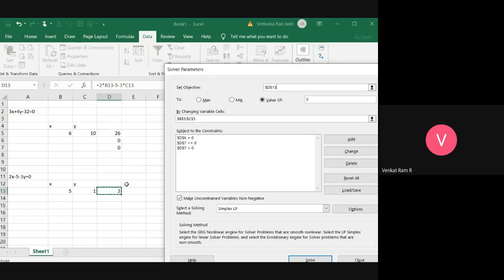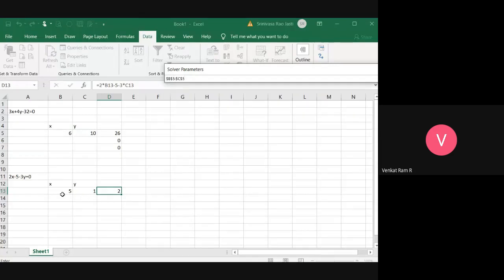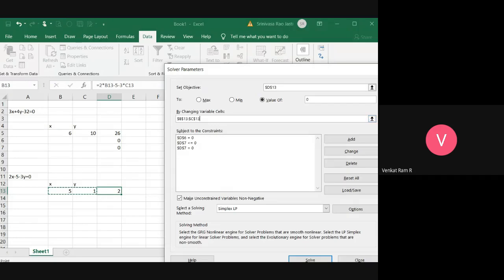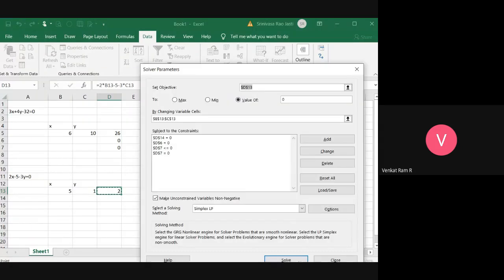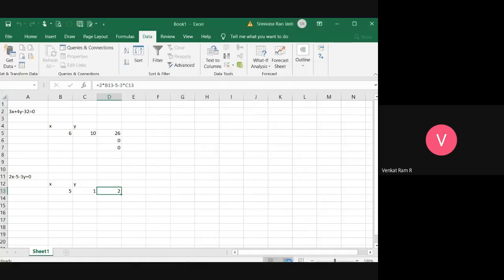Okay, now if I want to change some values, just select that objective where you want to enter, and here if you want max or min value you can, or you can give value of 0, and you have to change this because it comes from the previous one. Okay, now you have changed the variables. Now go to add, give cell reference as this one, and let me make is equal to exact value and make it as 0. Okay, so D14 is equal to 0. Let me see.